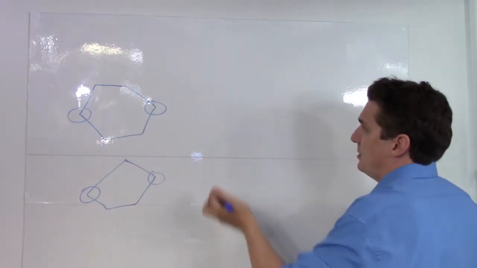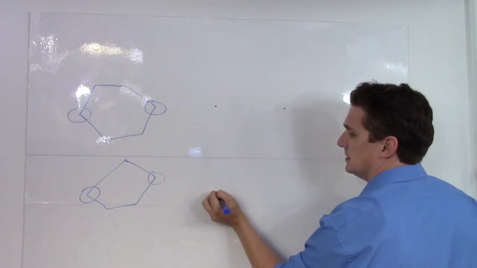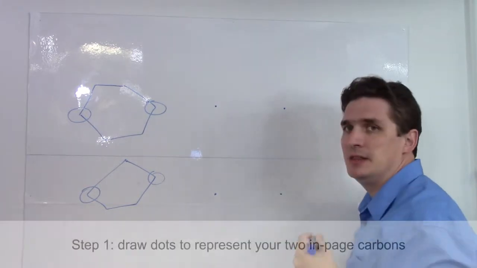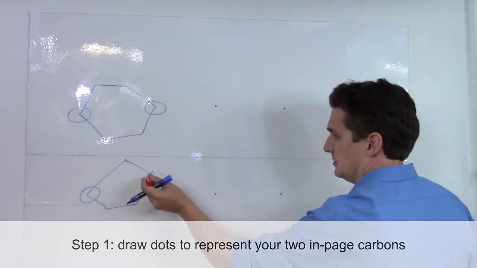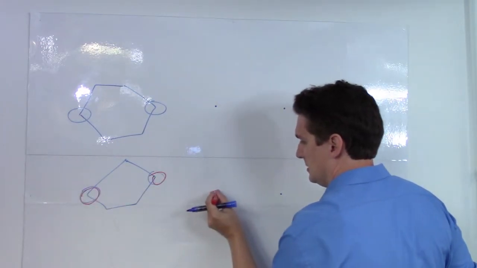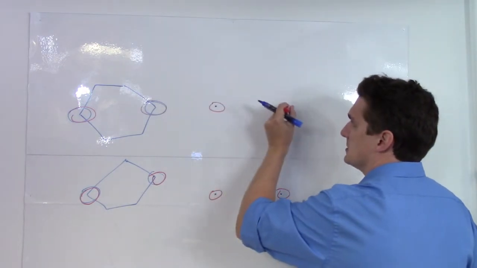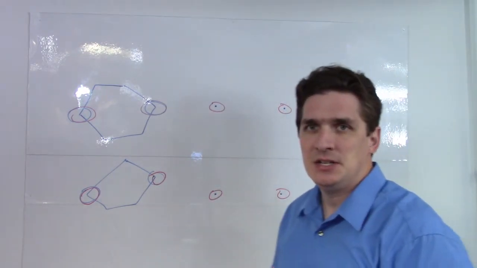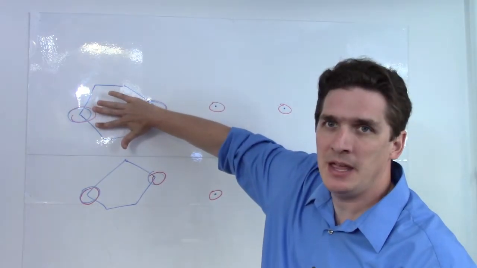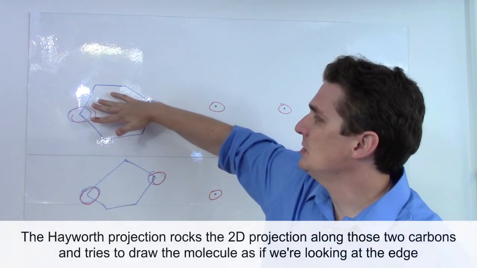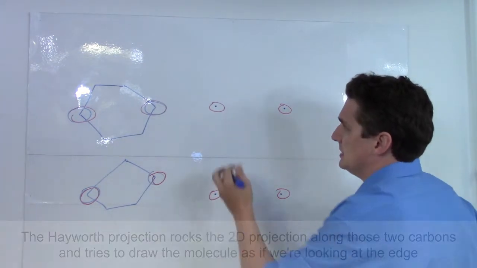Now, to start the Haworth projection, you're going to need to put dots on your page to represent these 2 carbons. So this is this carbon. Draw these in red. These 2 are these carbons. Now imagine if we took these planes and we tilted them. So instead of this being in the page of the board, we're going to turn it so that it tilts out. Same thing's going to be true here. Well, if we tilt it,